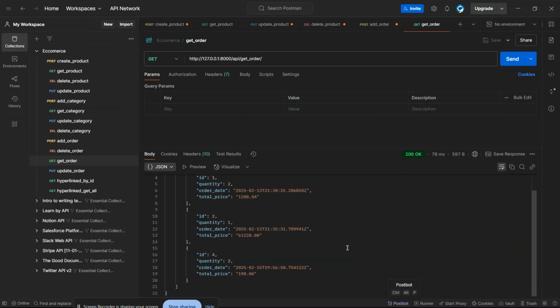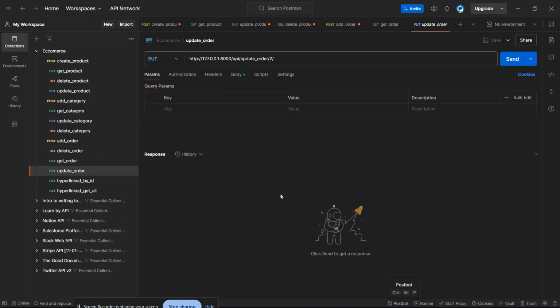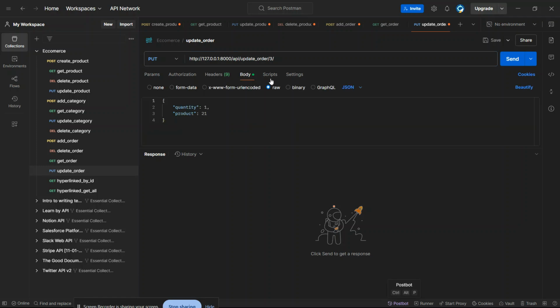So these are all the orders placed by the user. And if I want to update that order, my order is 24, the burger, and the quantity I want to increase to 3.